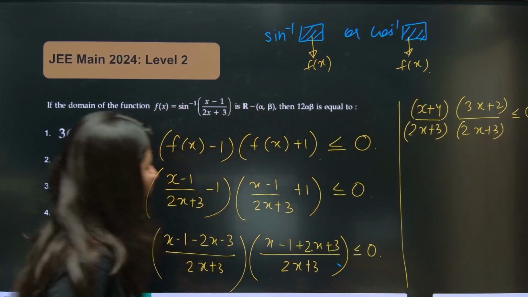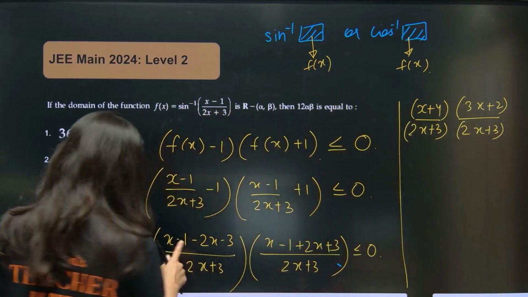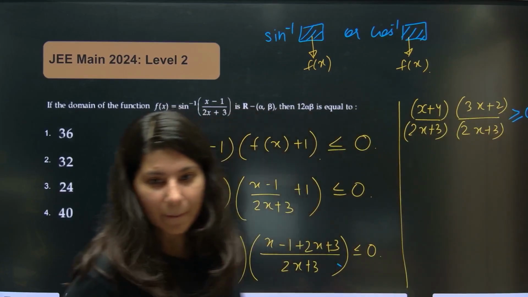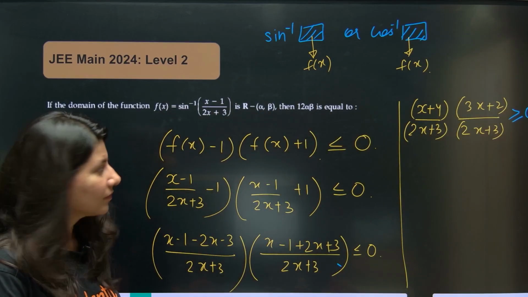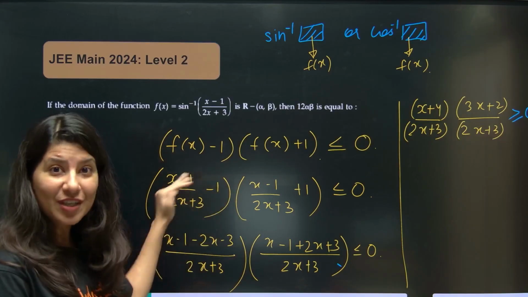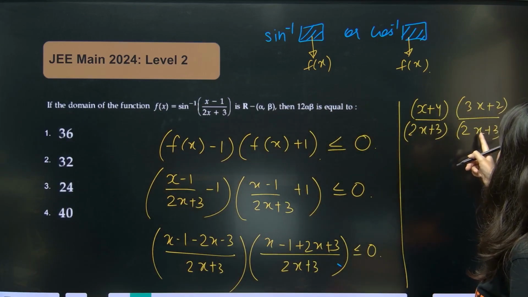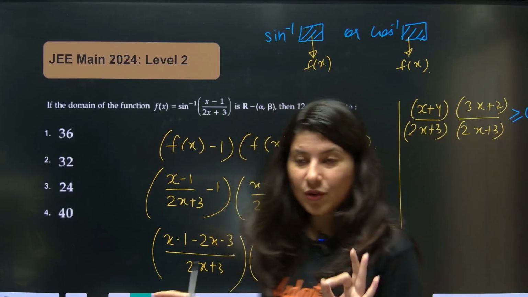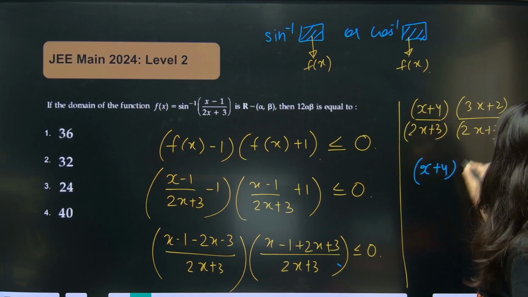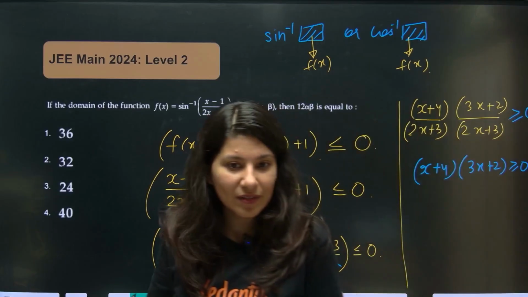Oops, not less than this time, right? Because see na, minus x minus 4. If you take the minus sign out, this is greater than or equal to 0. Yes, I have solved this question in the row series, but now I am giving you the trick also. I have solved it without the trick. So (2x plus 3) times (2x plus 3), whole square, is going to be positive. So this is just (x plus 4) and (3x plus 2) greater than or equal to 0. The squared quantity I'm going to remove.